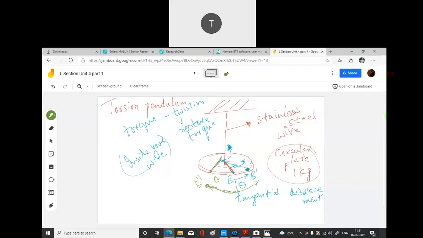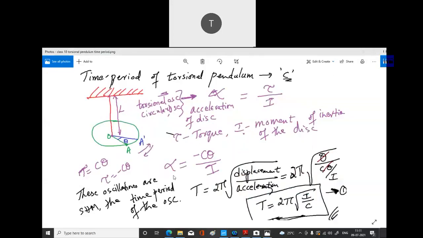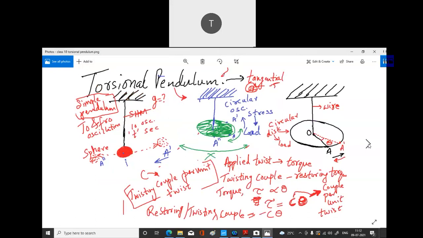So in this case, what happens? You are actually creating what we call your rigidity, or your shear stress. Your shear stress and strain would come into account. So your theta would be your shearing strain. This we have already seen in our class. So you have a torque, and then there is some kind of moment of inertia. We had taken this example in your theory. Then we tried to find the time period, and then finally we took the example of your torsion pendulum.